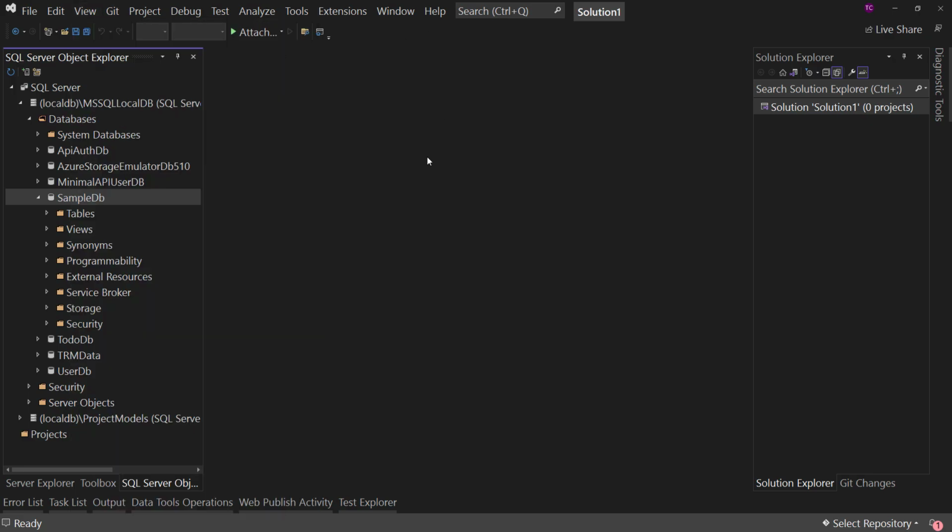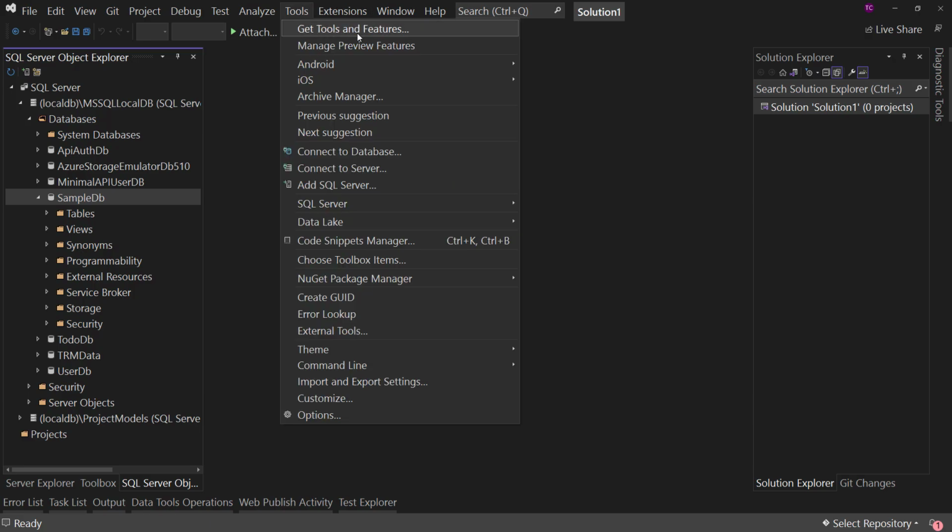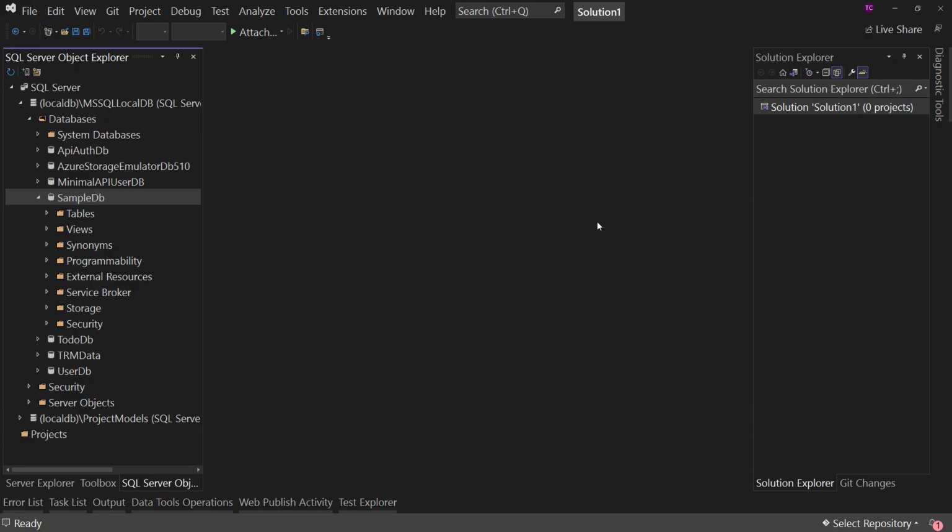There is an option for installing database tools and database functionality in Visual Studio. If you have not checked that box, you may not have this option. But it is free, just go to Tools, Get Tools and Features, and enable that. The SQL Server Object Explorer allows us to work with SQL very easily, including LocalDB. And LocalDB is essentially just a database file